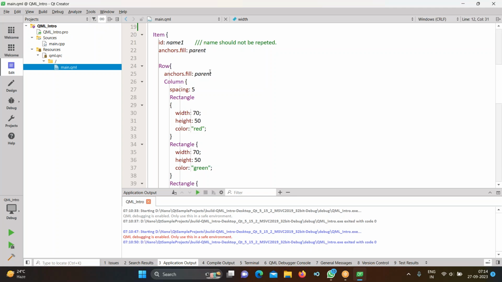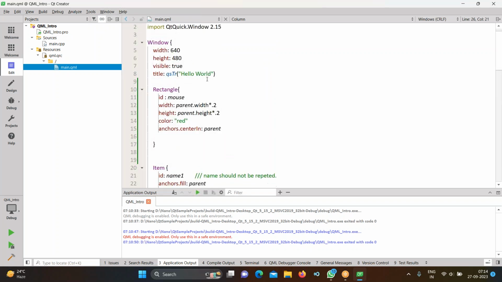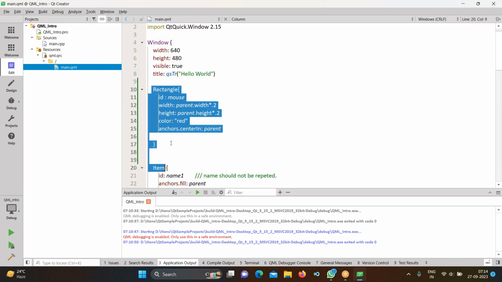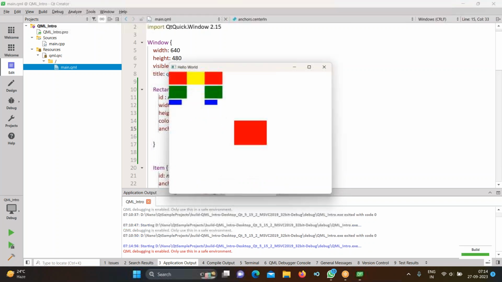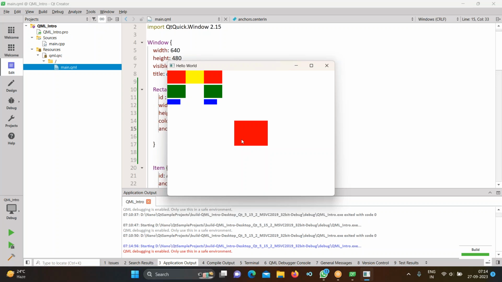So yesterday we have seen this item. Item name is there, row and column is there, right? So what I have done here is I have taken a rectangle, and I have given an ID for this rectangle. Width and height, color, and anchor center in parent. If I run this program, you can see here there is a red color box